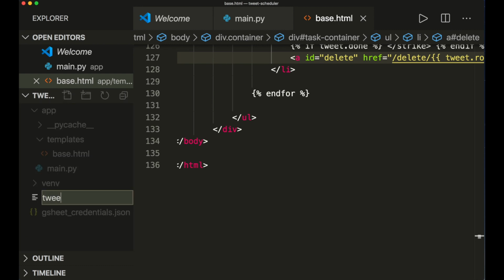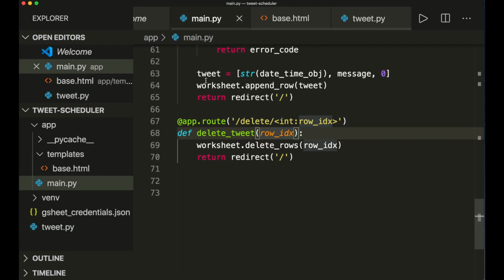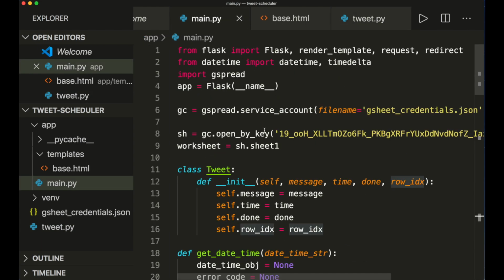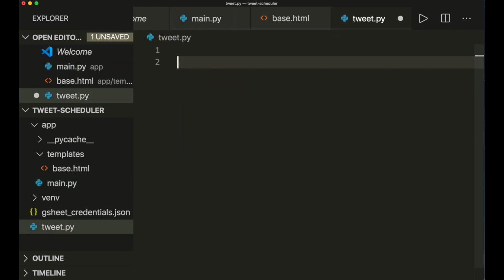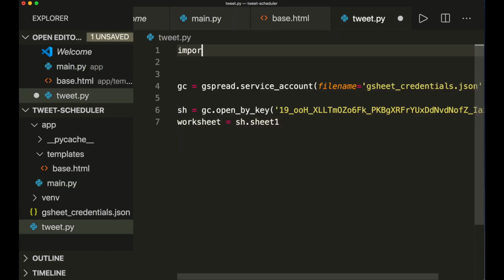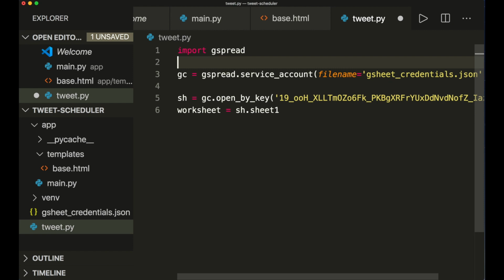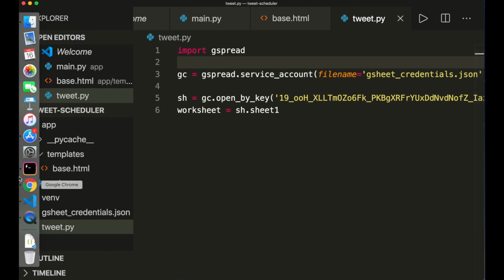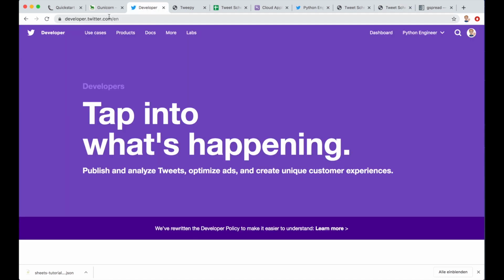Let's call this tweet.py. And here, of course, we also need to access the spreadsheet, so we can copy this. So we import gspread. And then we also have to use the Twitter API. So for this, we have to go to